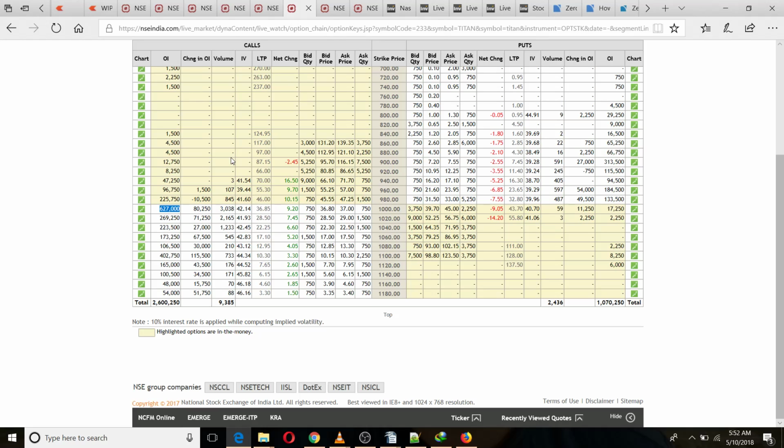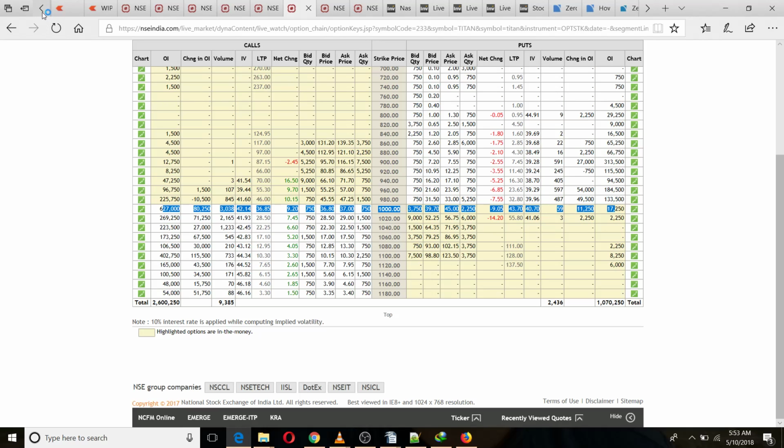So I will say it's important that you book your profit, because this option data does not show that this is going up. It might possibly be range bound; it can go up a bit and then come down again. Since this is a range bound movement, and options writing also suggests it is not showing positive momentum, that's where you should be careful and book your profit if you are in profit. Now if you see the disparity at this 1000 level, that's huge, so I will say don't wait much.